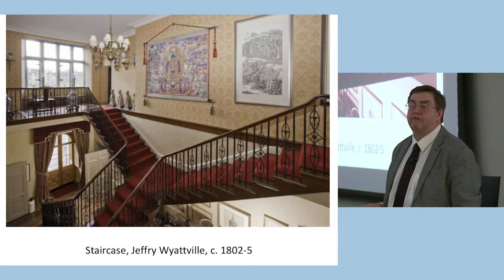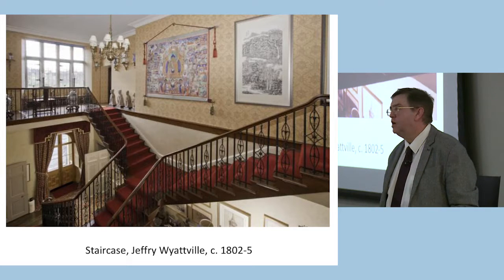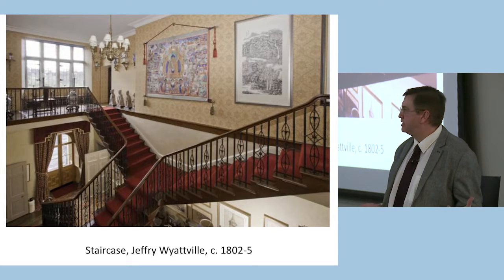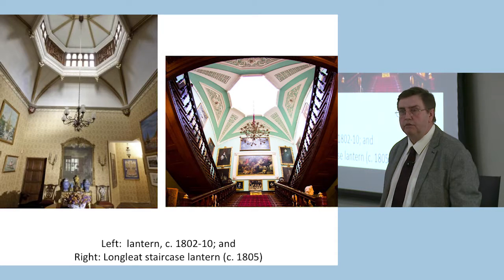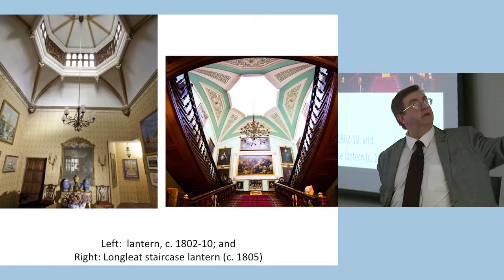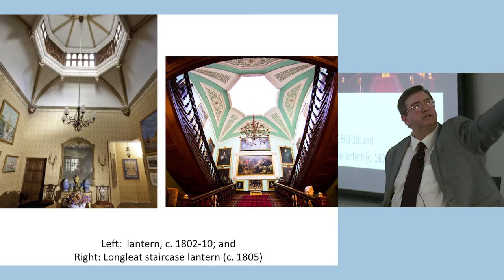And Wyatville apparently says this is one of his, he thought it was his best small staircase. Wyatville later worked on Windsor Castle for George IV, but he'd also worked at Longleat at exactly the same time. So this is the lantern at the top of the stairs at Stockton, and